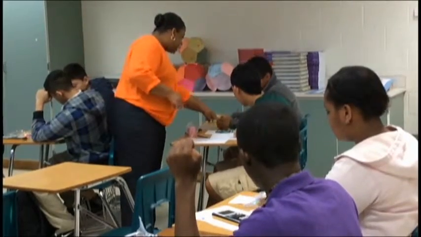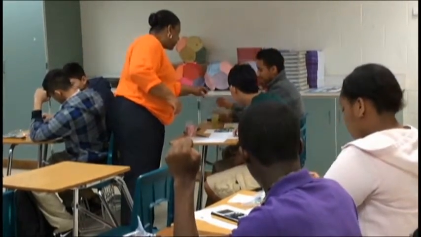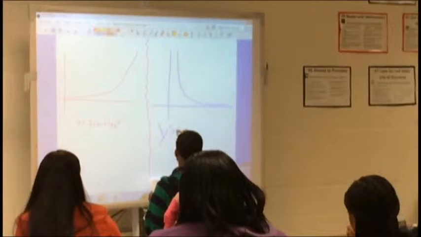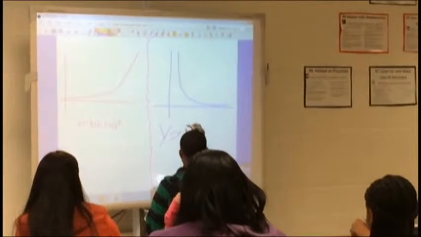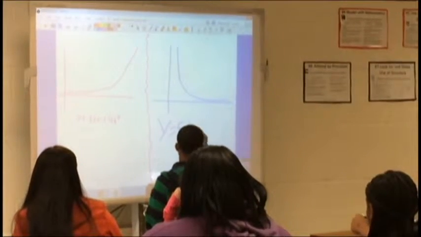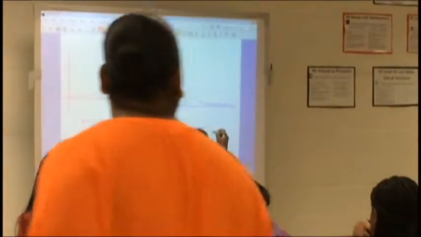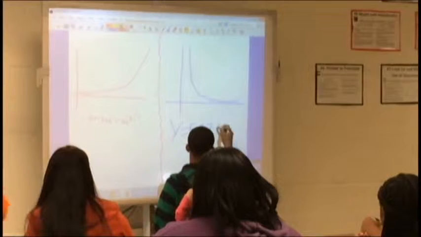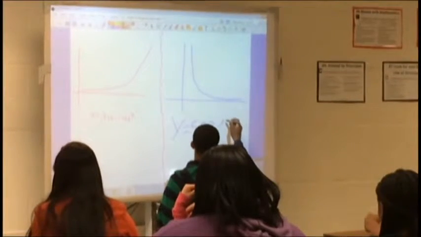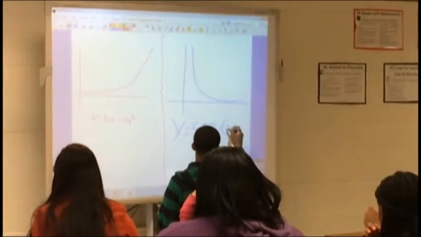And everything with an M, put them back in your bag. Okay? Take a look at both of these equations. Both of these graphs. Everybody take a look. Now, what are we talking about here? What are we modeling in the real world? We're talking about cancer cells, right? So what's the difference between these 2 equations or these 2 graphs?